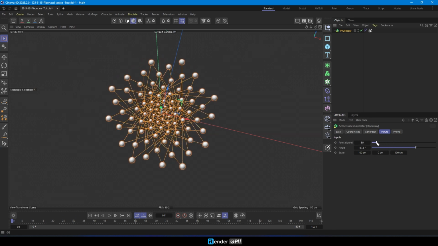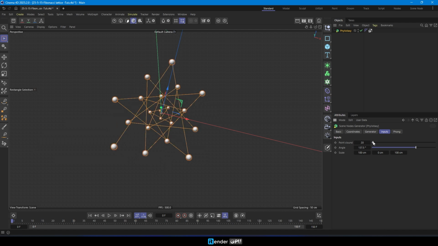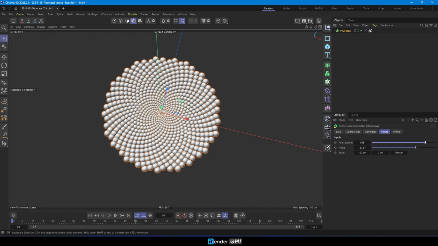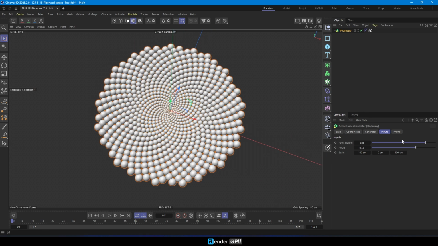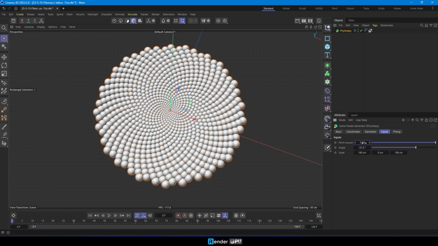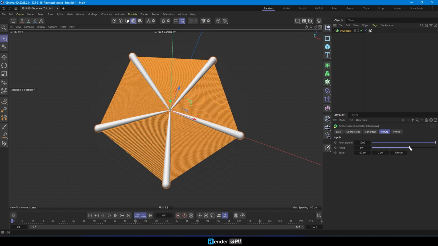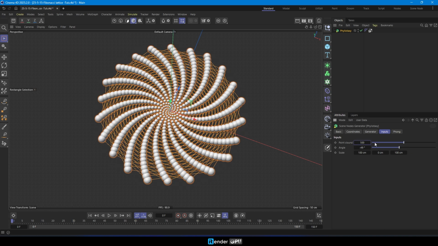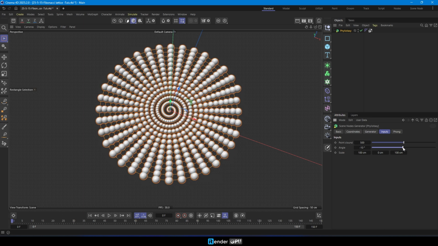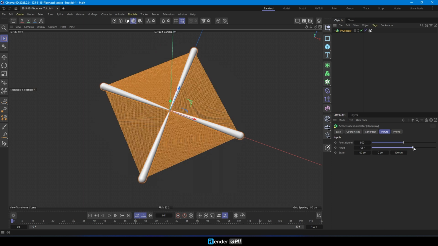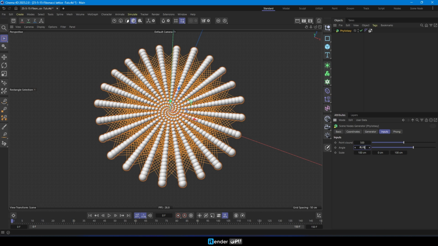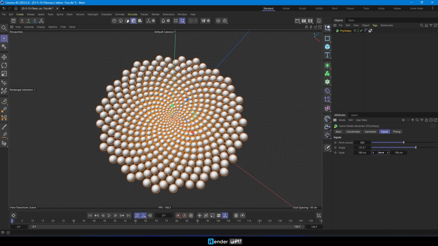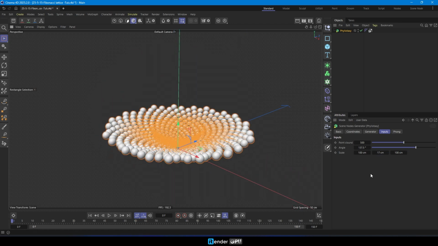Feel free to tweak the parameters, such as count, angle, and scale, until you're satisfied with the look. And there you have it, a completed simulation of phyllotaxis on a flat plate.